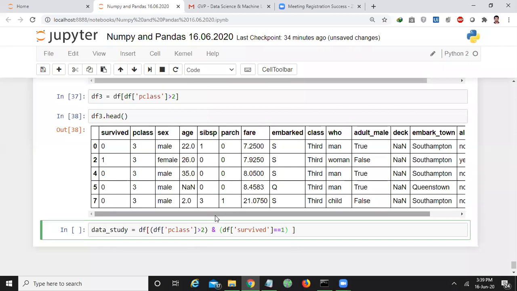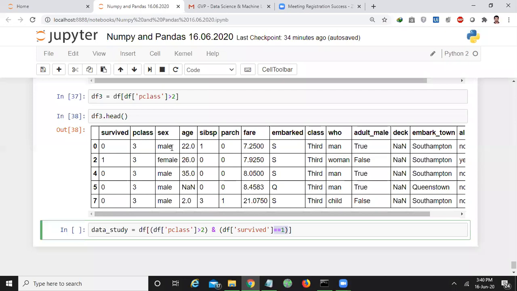All of you watch the query. Here my interest of data underscore study is to retrieve the records of the passengers whose class is 3, who are third class, and who survived. If you survived, the survived value should be 1.